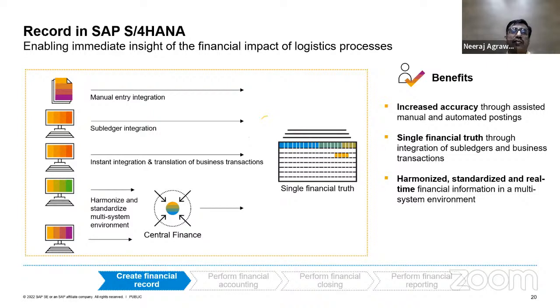So what is the overall impact when we say of these things? When we bring in one single source of truth, what benefits does it bring? It would bring increased accuracy, because everything is sorted and kept properly in each of the ledgers. You can easily see the correct data. Single source of truth definitely gives a harmonized and standardized way of your financial information, because now we are harmonizing, and everything gets standardized based on the accounting principles, so it would be much easier